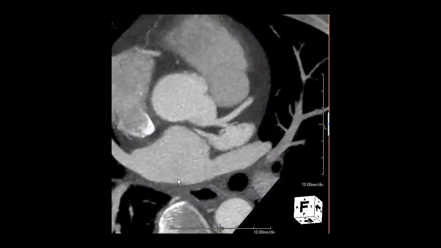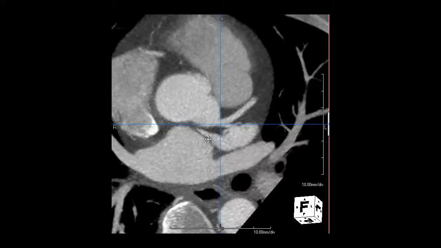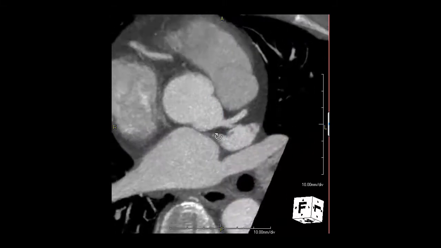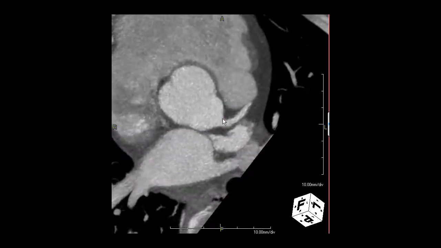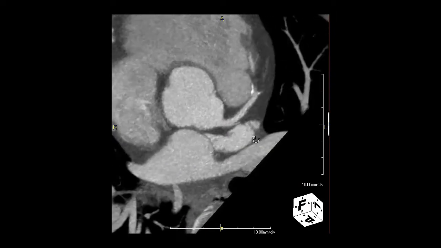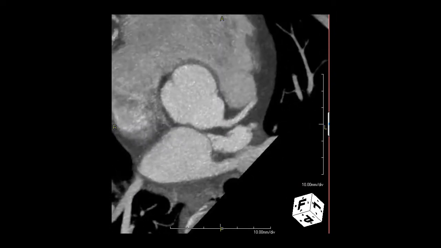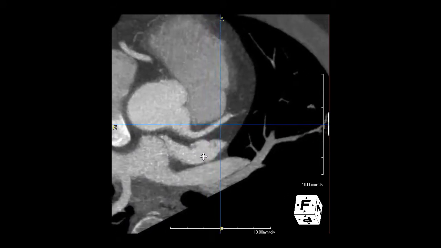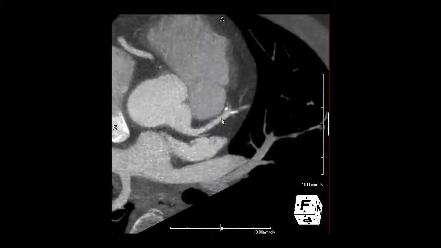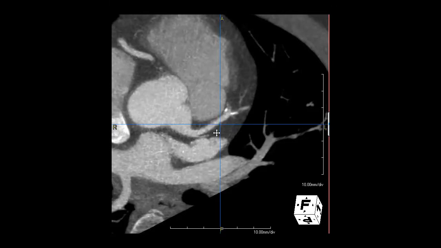We start reviewing the coronary arteries by looking at the left main coronary artery. This appears to be normal. There's no evidence of disease at any situation with respect to the left main. We now focus our attention on the left anterior descending. Here's the proximal segment. Appears to be